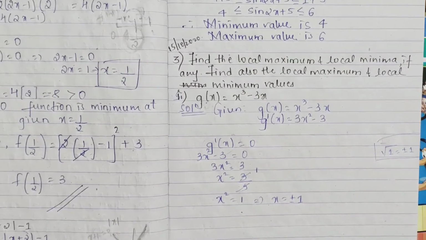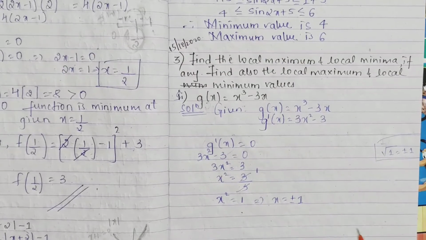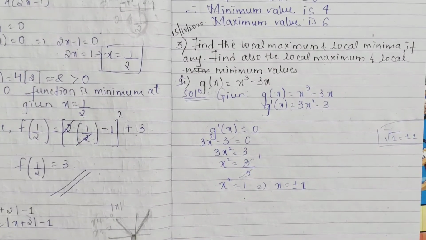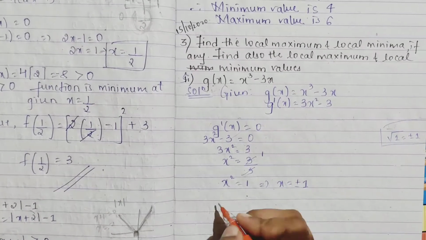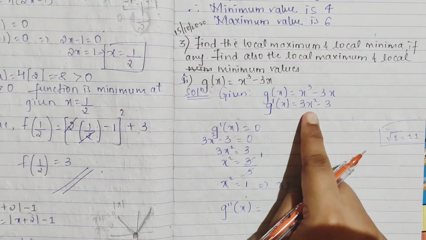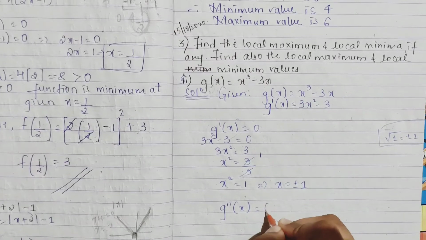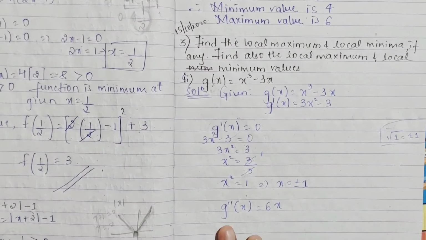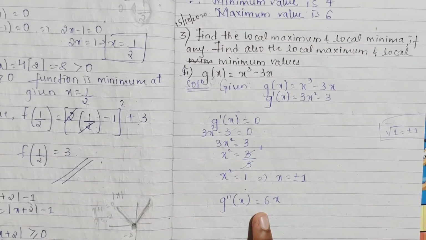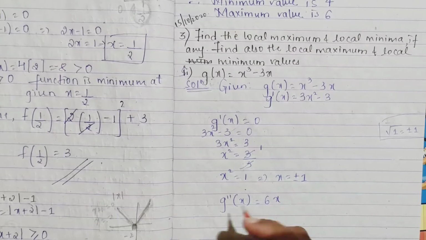As usual I have said, if you want to do it with your first derivative, do it, or else if you feel second derivative is easy, then go for the second derivative too. So we'll go with second derivative, that is g double dash of x. G dash of x we had got 3x square minus 3. So g double dash will be 3 twos are 6x, right? After coming here also we are not clear what it is, so at this we will put the points in x and we will check.